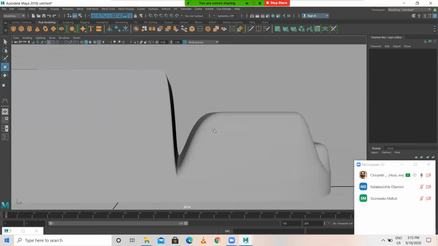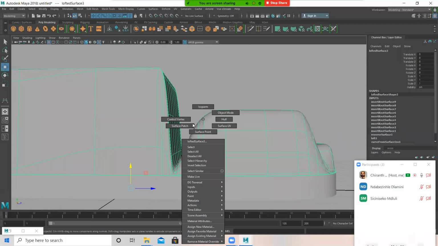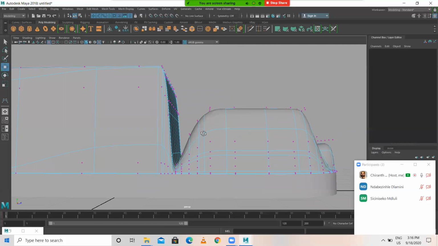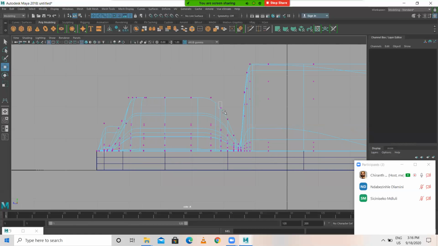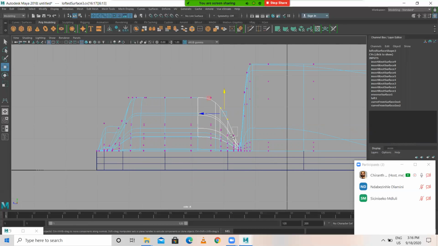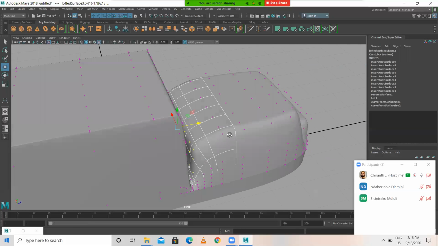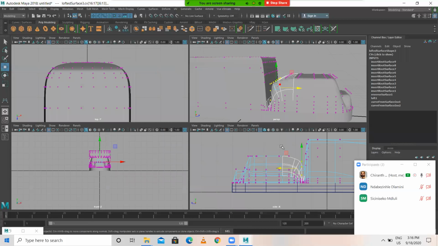So we need to make this thing properly. So I'm just making it properly.